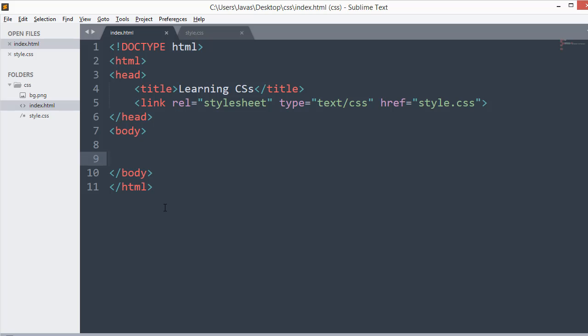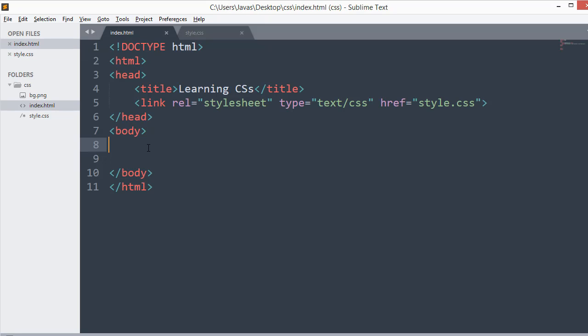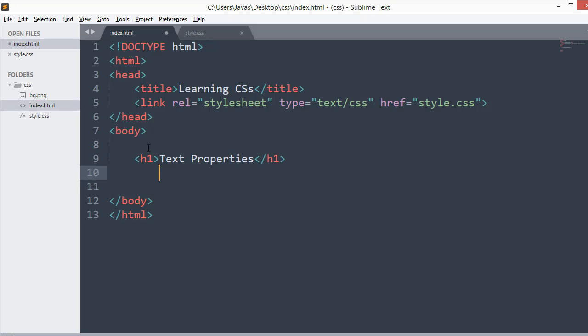Welcome. Let's work with some text properties. Here's my index.html and then we have style.css. And in my index.html, if I just write some kind of h1 and then say, for example, we are writing some text properties and we have a paragraph,